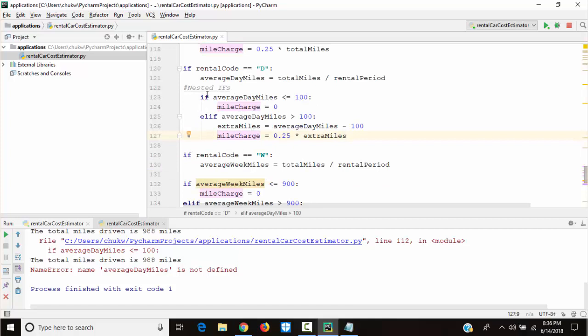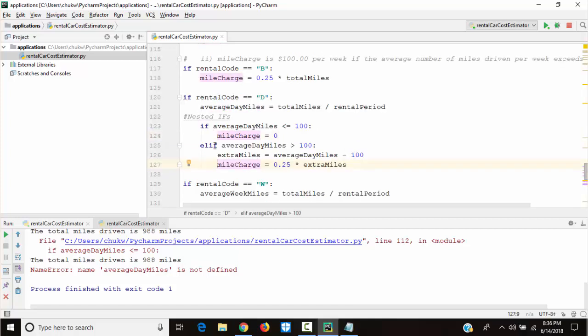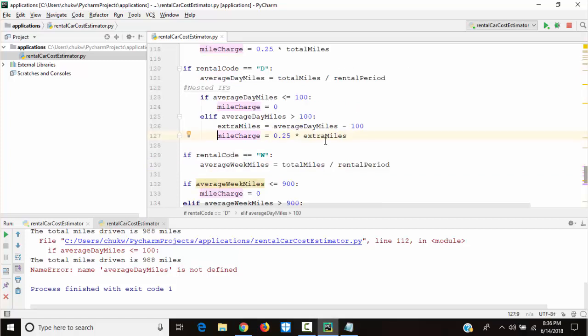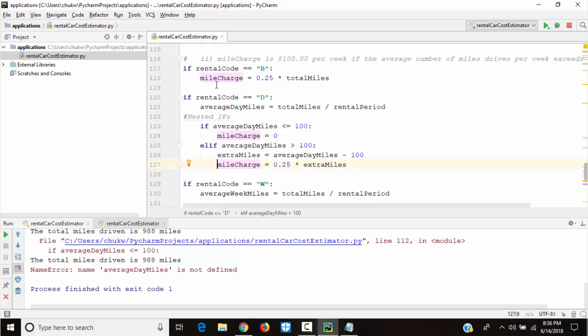This should work this way, because this if and elif is still under this rental code D. We shouldn't treat this separately. First of all, if the rental code is D, find the average day miles. That's the first thing you do. Then if the average day miles is less than or equal to 100, it's still under the rental code being D. Do you understand what I'm saying? In this one, B, it's not a problem.